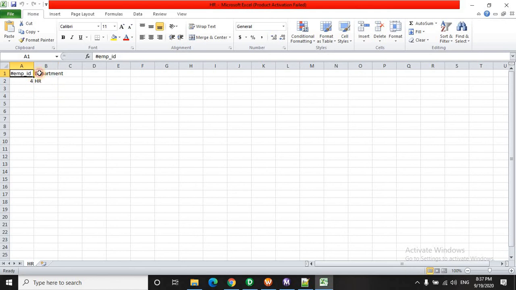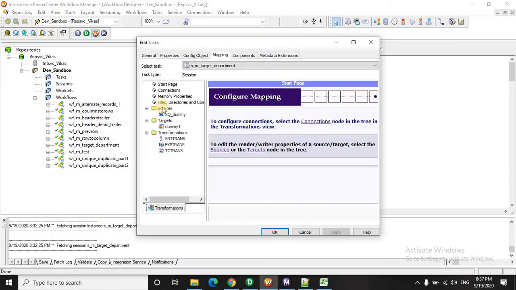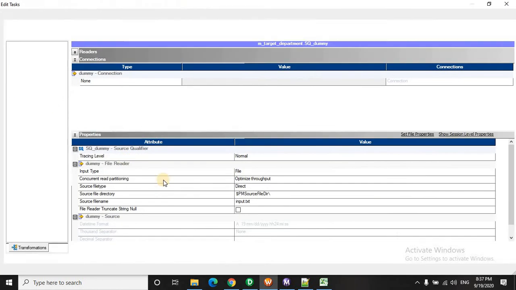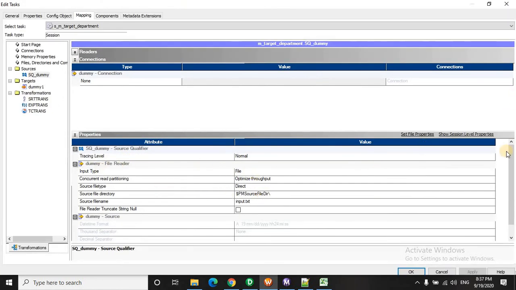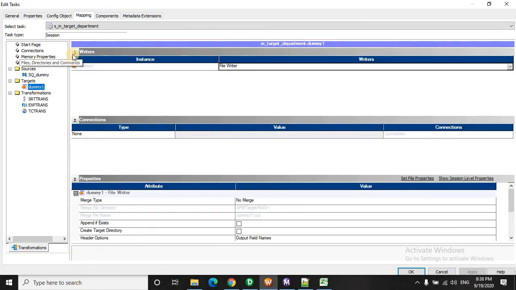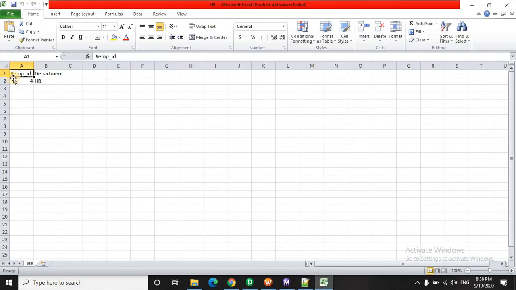Now one interesting fact, whenever you use the output field names in the header option, it always creates a hash. This hash is generated from the Informatica side and you need to drop it.